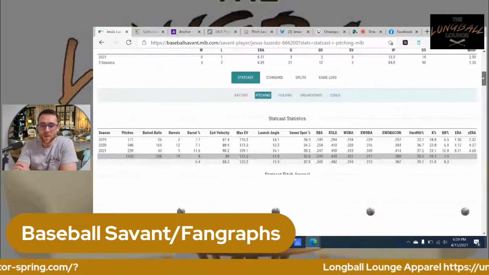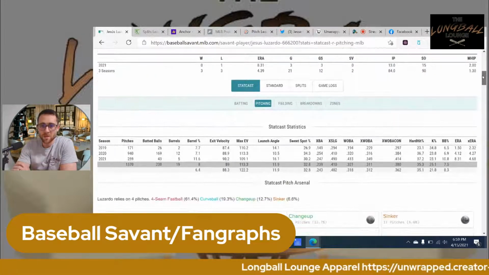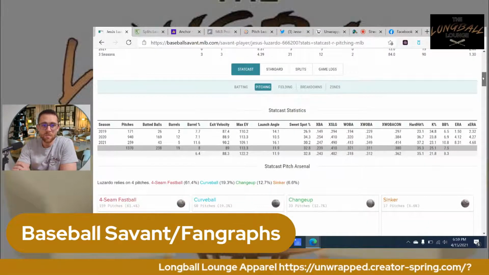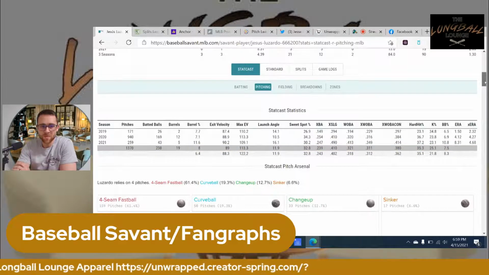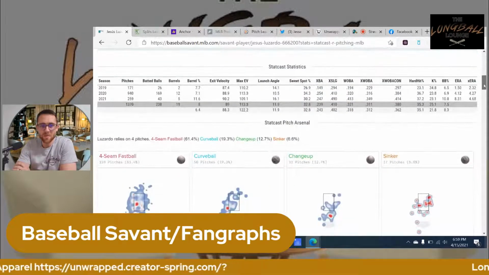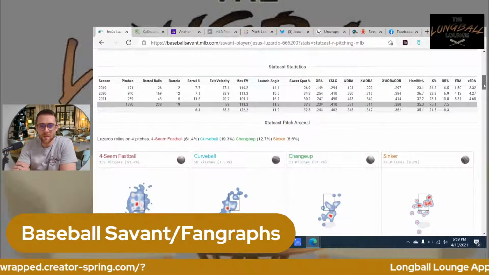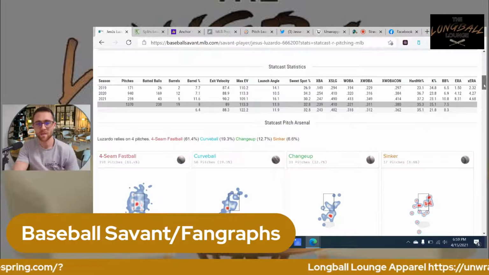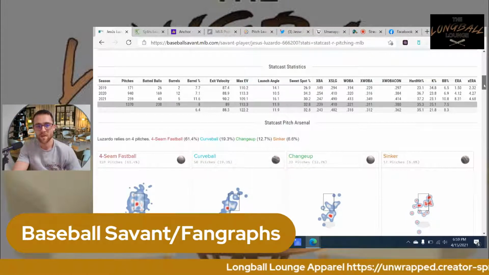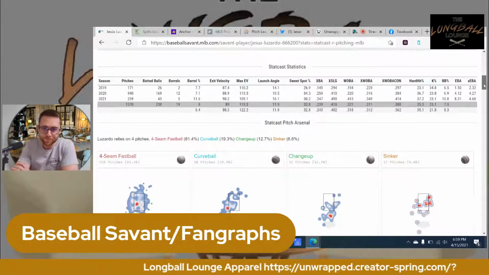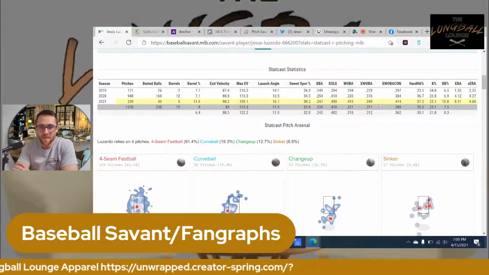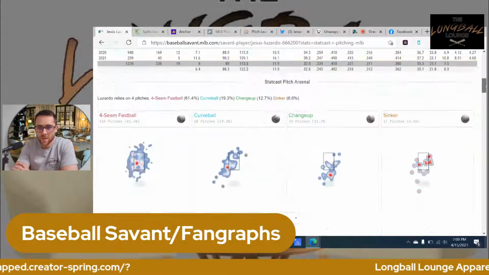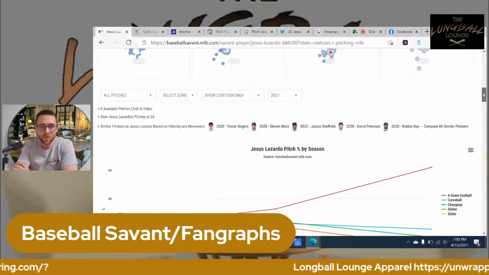So if you scroll down, we saw his numbers were pretty terrible. But if you go down here, okay, so now we see his pitch mix. Four-seam fastball 61.4% of the time, sinker 6.6% of the time, changeup 12.7%, curveball 19.3%. Now, if you look down here, we can see his numbers, hard hit, all the numbers that we just saw. But if you scroll down further,